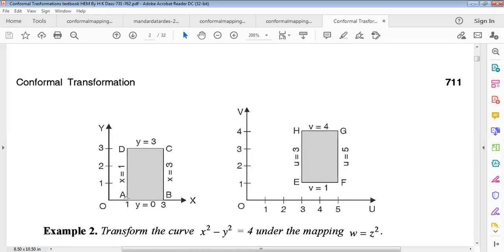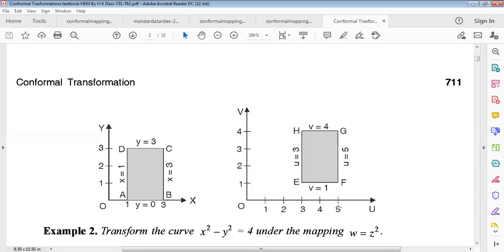Okay. Now this is the input of the z plane. Now putting the values of u and v. If v equals 1, this is actually a line parallel to the u axis. Now if u equals 3, 1, 2, 3, this is a line parallel to the v axis. Understand? That means the imaginary axis.